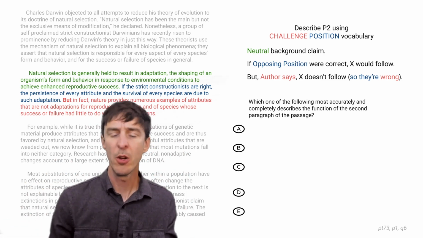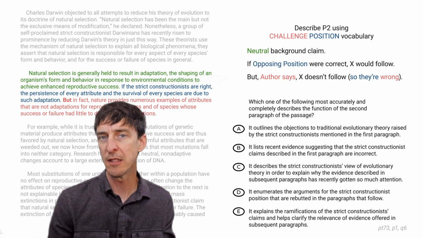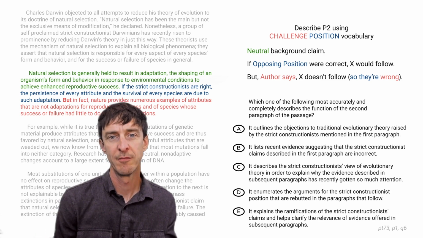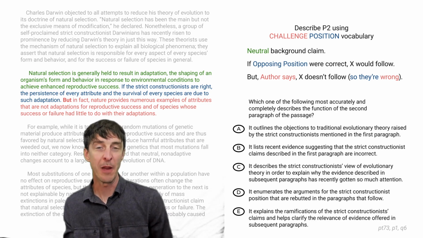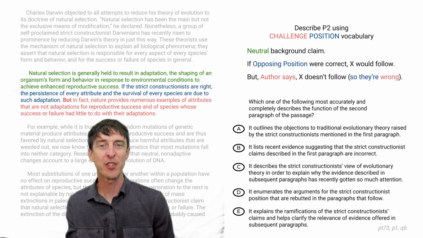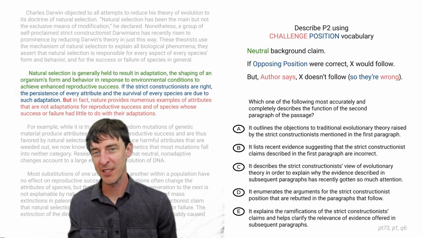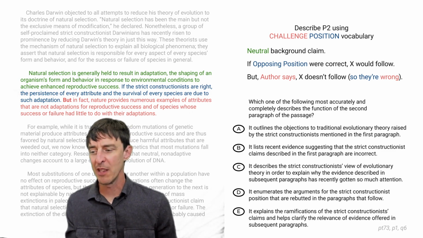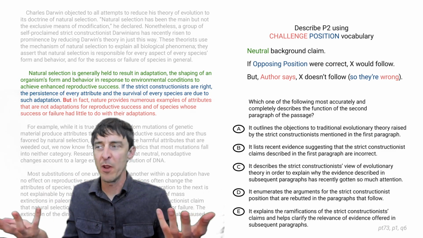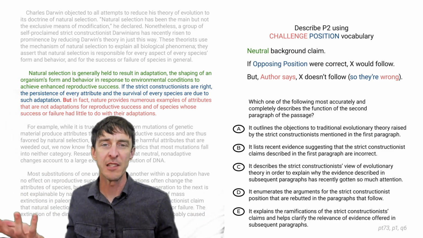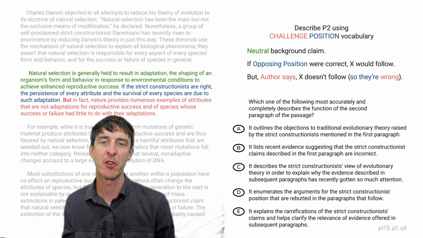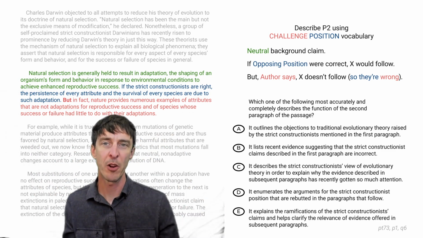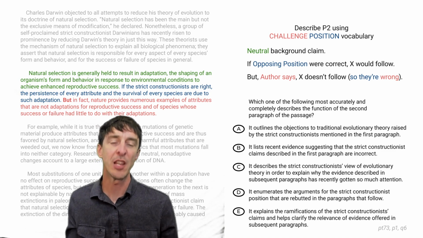All right, go ahead and pause the video, take a look at your 5 choices, and see which one you like. Welcome back. This ends up being a really tough question because of how bad the answer choices get. We just want something like, it's where we find out that the author disagrees with strict constructionists, right? That's the big picture of what this paragraph does. And then the last couple paragraphs are where the author fleshes out her disagreement.